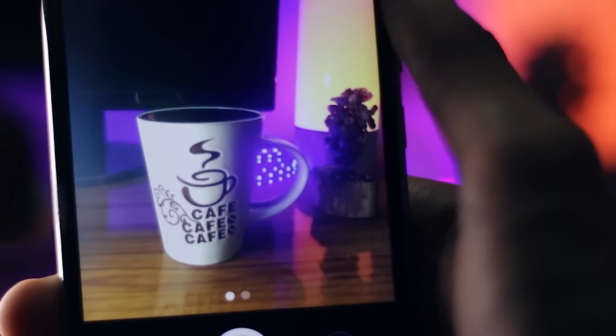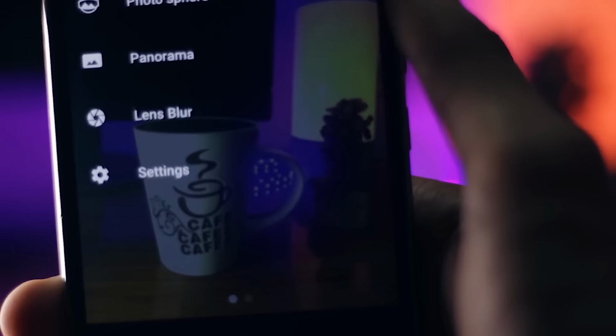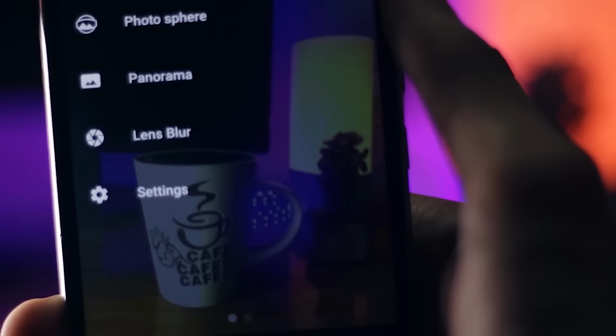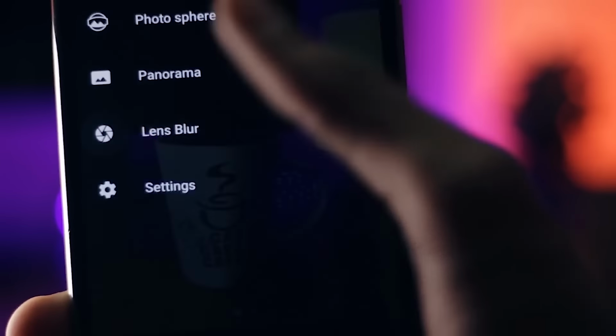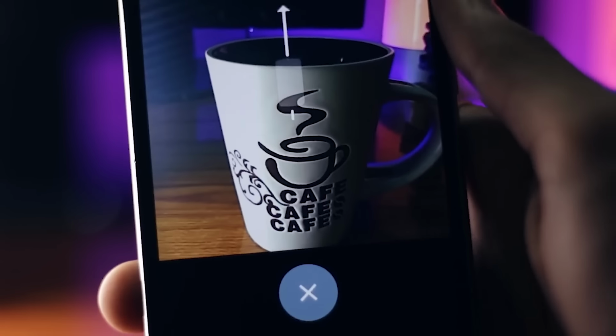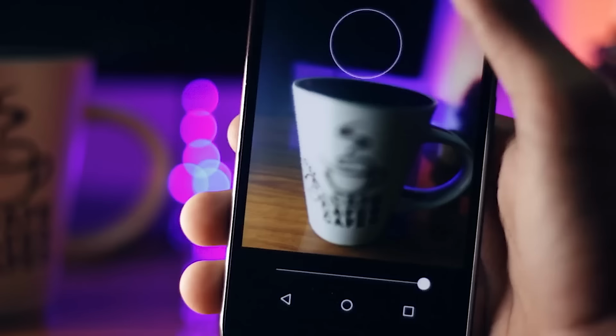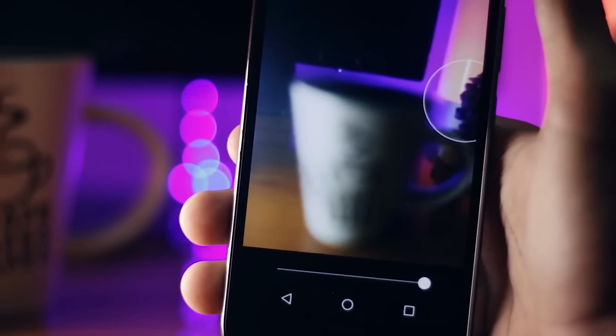You can install it just like any normal application. You just have to enable the unknown sources box in the settings menu, and then you can install it directly from your file manager. If this application is not compatible with your phone, you can also try out the Google Camera application that runs on almost all Android phones, and you can use the lens blur mode inside it. It also gives you the same amount of background blur. You just have to move your device upwards when you're taking a photo, and it is not that realistic, but the effect is quite similar.